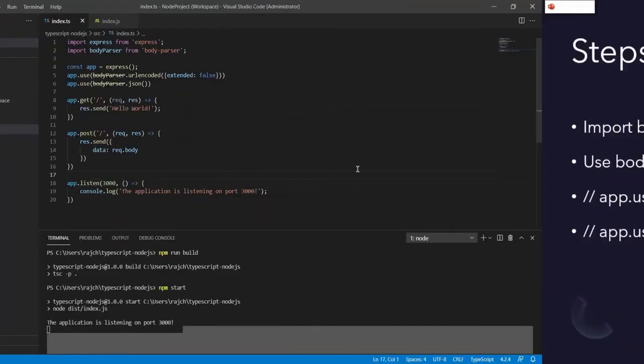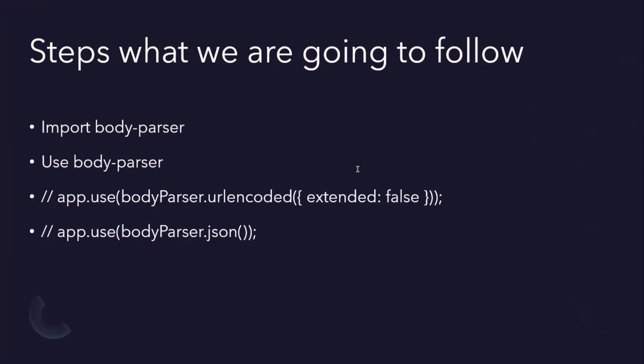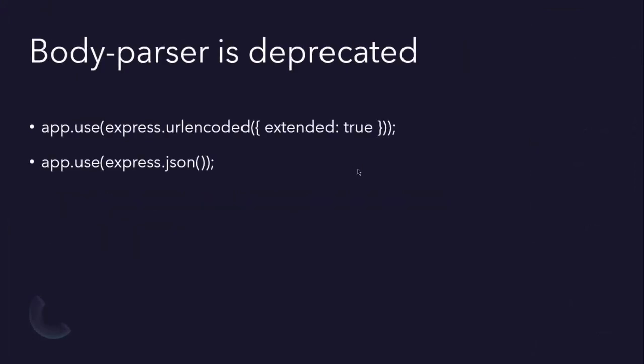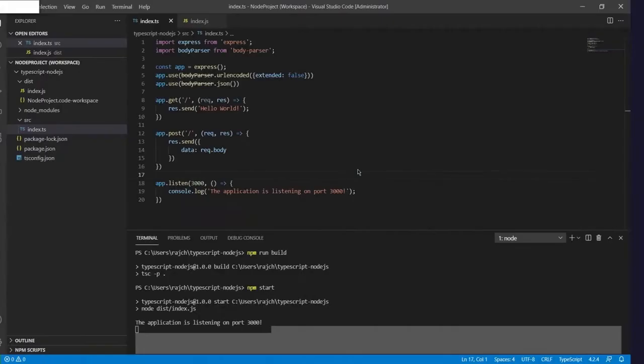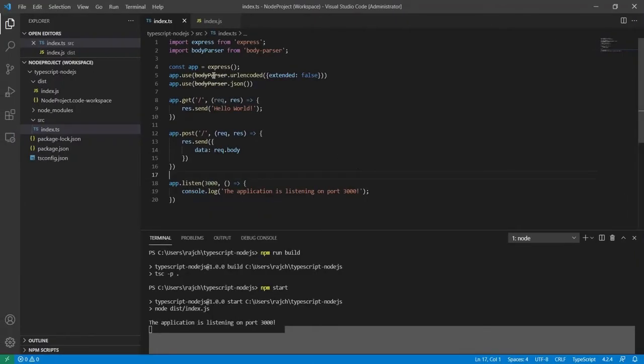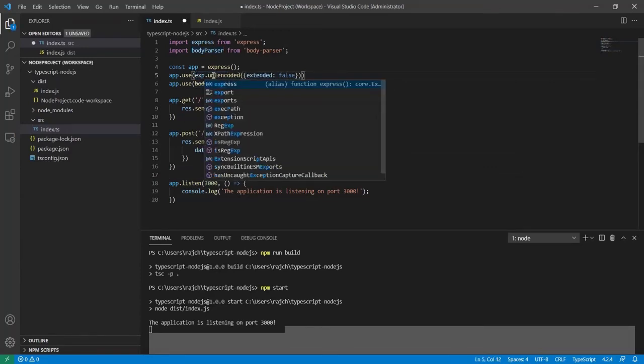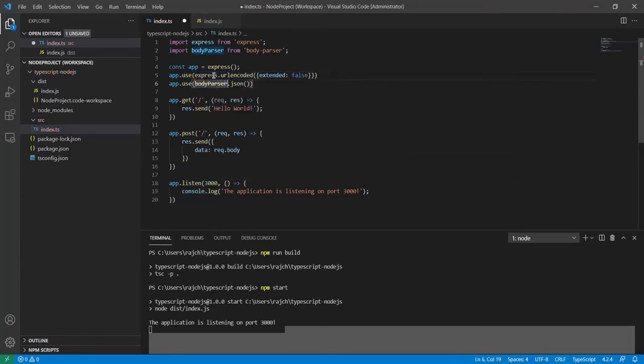There is a new thing here: we can use express to receive or to parse the request body. Okay, so now body parser is not required, and the same features we are getting inside express itself.